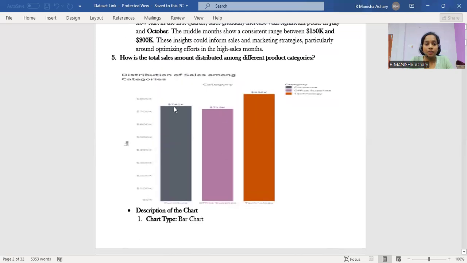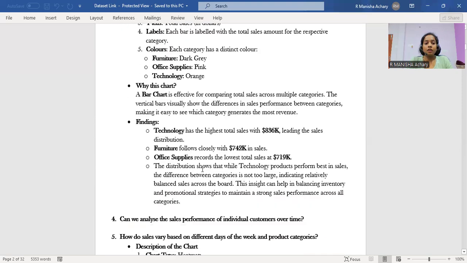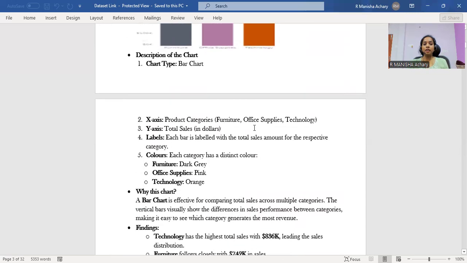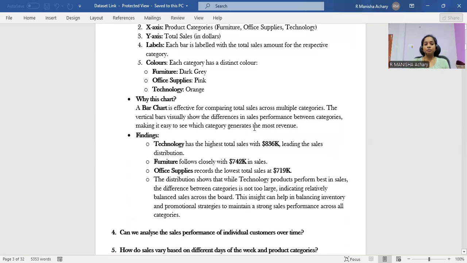This is 742K, 71, and this is 836K. Colors used are dark gray for furniture, pink for office supplies, and orange for technology. So why this chart? A bar chart is effective for comparing total sales across multiple categories. The vertical bars visually show the difference in sales performance between categories, making it easy to see which category generates